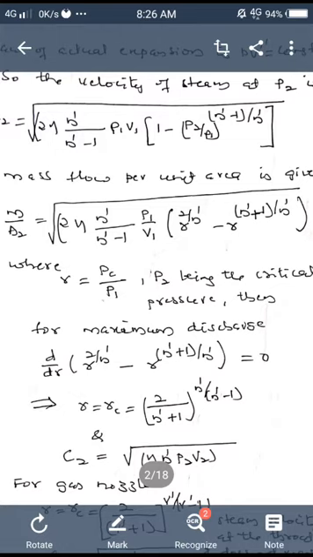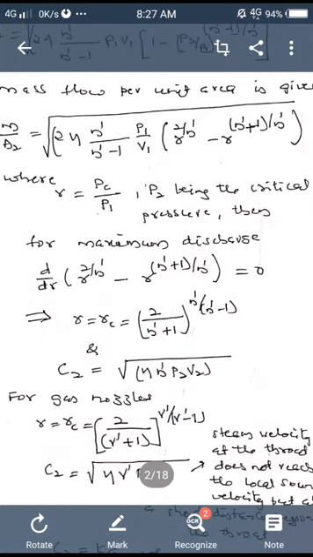we differentiate this equation m/A2 with respect to r, because η, n' and P1V1 are constants for a given nozzle. The only variable is the pressure ratio r. Differentiating m/A2 with respect to r and equating it to 0, we get the critical pressure ratio r = rc = (2/(n' + 1))^(n'/(n' − 1)). This is the same expression as derived earlier, the only difference being that the index of expansion is n' instead of n.